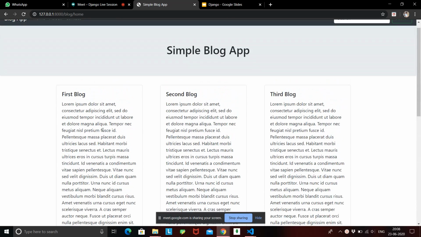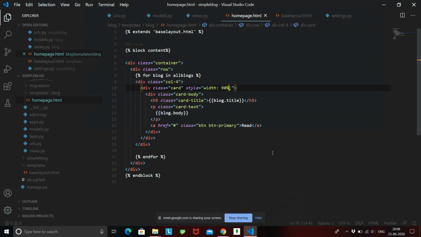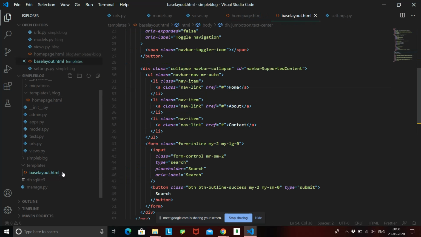Fine. Now we need some way to go to a new page, and that page will render out an input form. As we saw in earlier lectures, we can create a small button over here, and once I click that button, I should render out another page. So first of all, let's create a small button inside our navbar. Our navbar is located inside the base layout.html. Once I am inside my base layout.html, this is the code for my navbar.